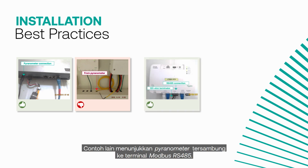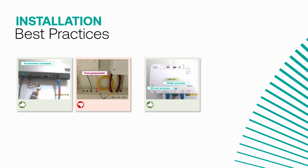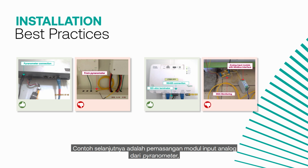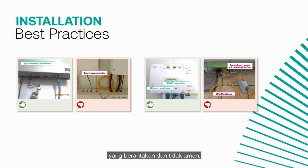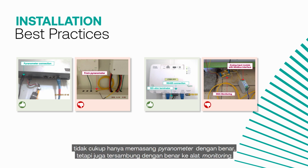Another example exhibits a pyranometer that connects to a Modbus RS485 terminal. The Modbus network is terminated using a 120 ohm resistor. The next example is the installation of an analog input module from the pyranometer, which is messy and not safe. From these examples, we should remember that it's not enough to only install the pyranometer properly, but it must also be appropriately connected